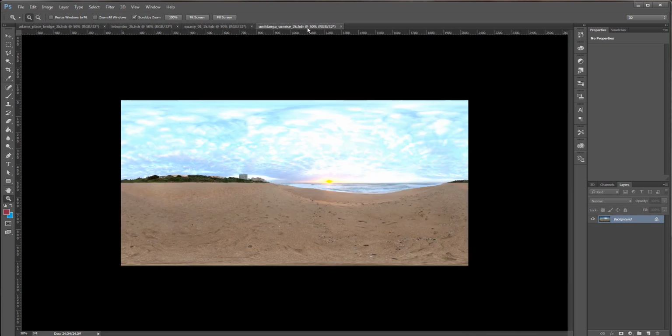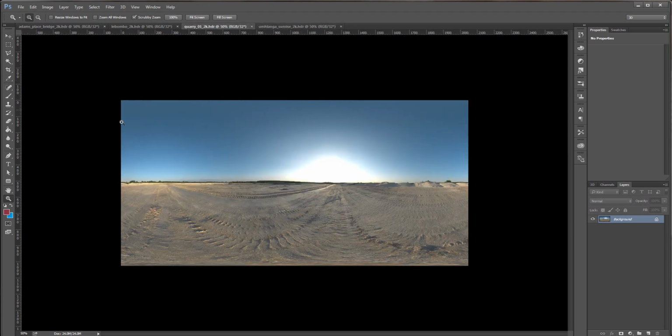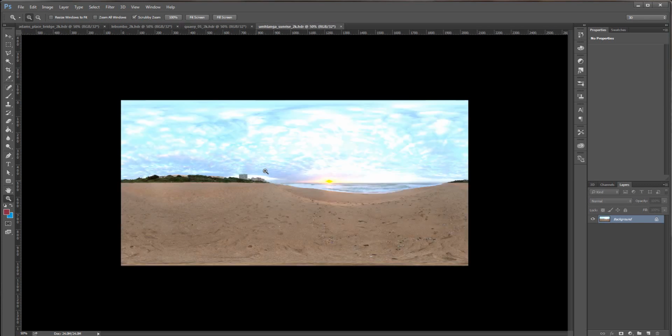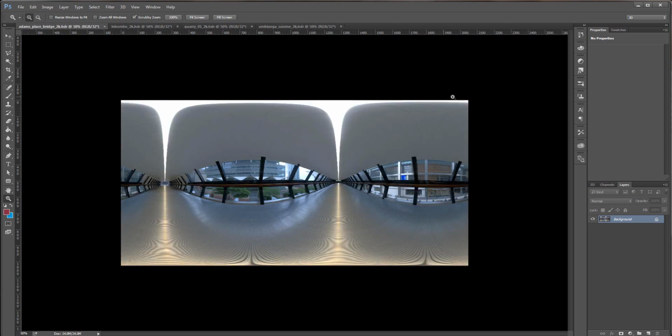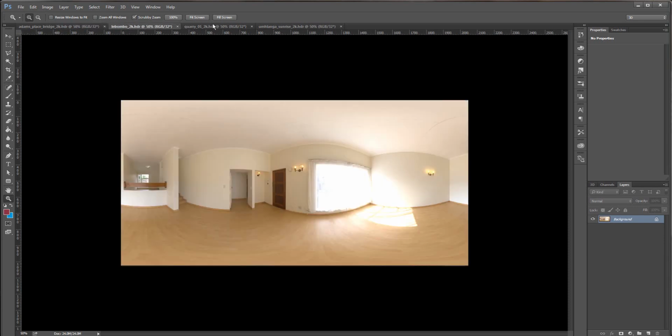So I've just downloaded 4 different images with some varying lights. Here we've got a very intense dark kind of morning scene maybe. We've got here what looks like a bit of a dusky scene, a lot of pinks involved. We've got a really nice kind of mellow interior scene here, and then we've got a nice strong architectural scene here. Each one of them carrying a lot of different colours, a lot of different